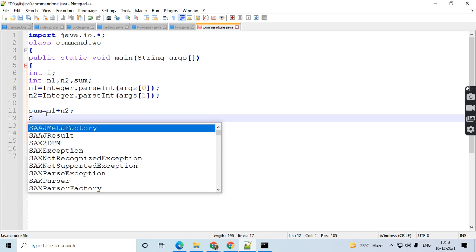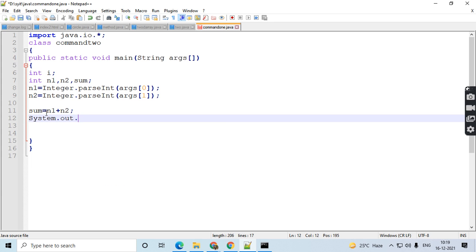Now we will print the sum of these variables. We will save this program with the name command 2.